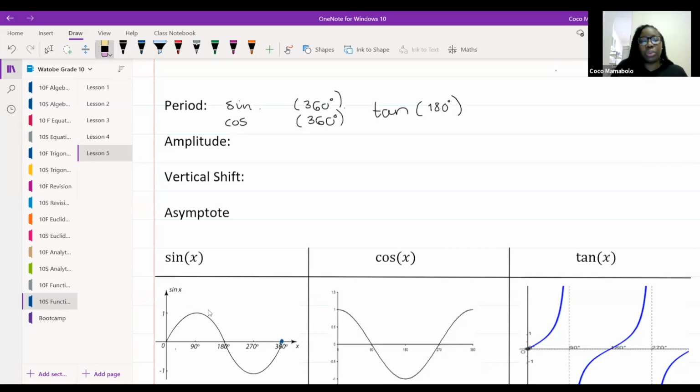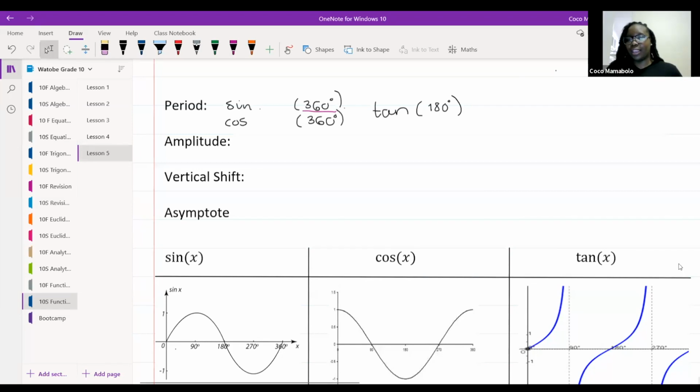So when we talk about period, guys, we mean if I look at my sine graph and I go up and down and back to the beginning, that's 1. How long did it take me to go from 0, up, down, and back to the beginning? It was 360 degrees. So the period of my sine graph is 360 degrees. That's it. Like transverse waves. For those of you who do physics and you do AC and DC, this is a transverse wave.